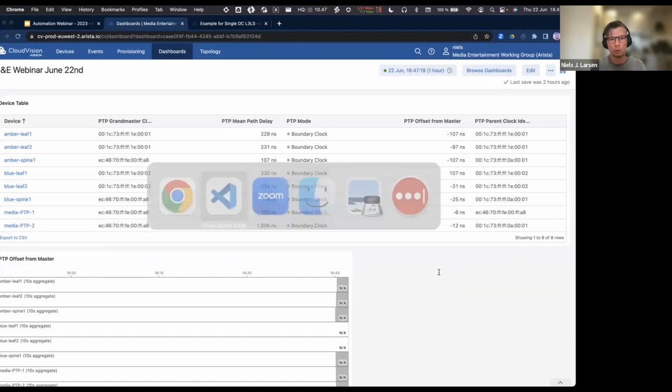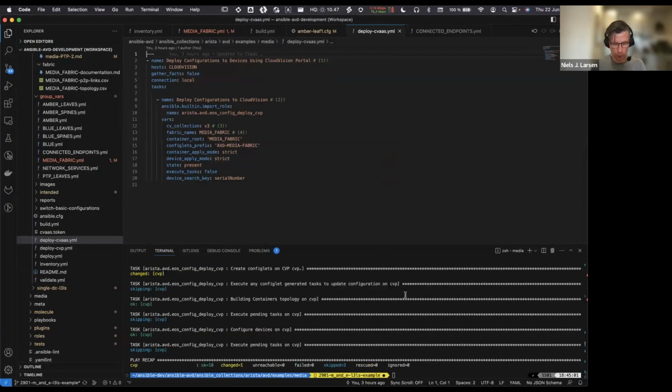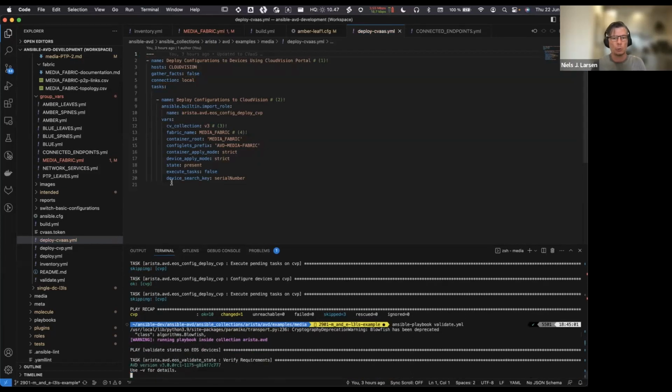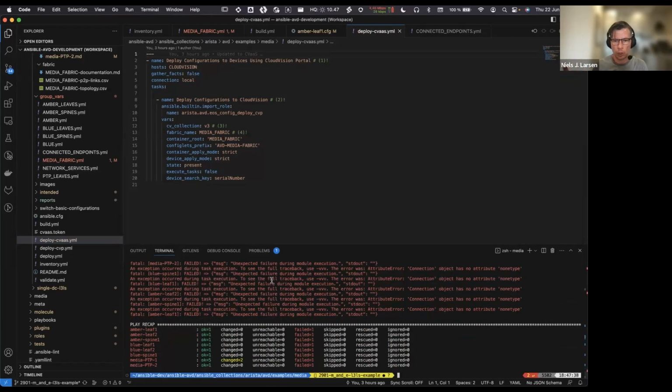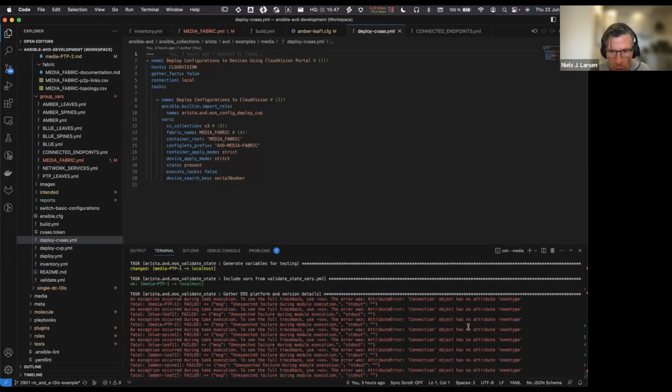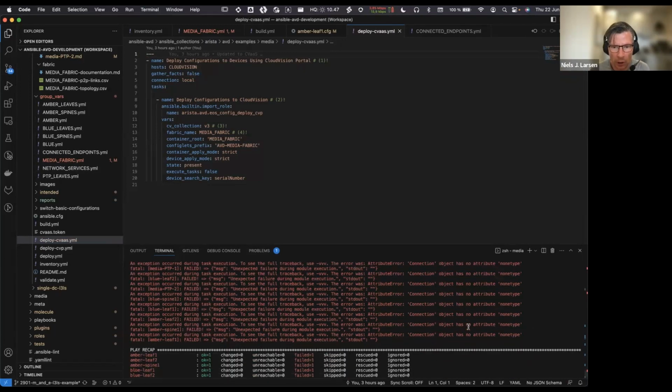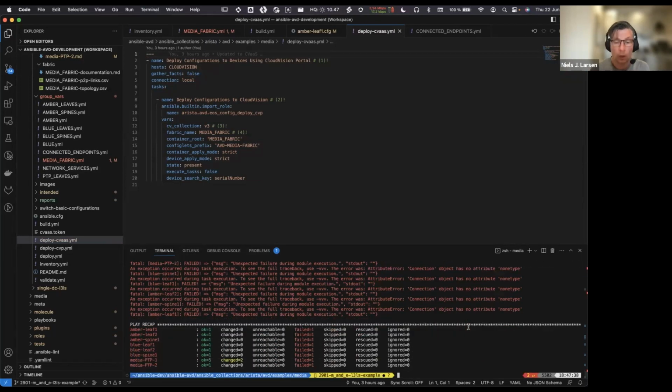And then what we can also do is we can go back and do the post-deployment validation. So we can run another playbook called validate. And what this playbook will do is it will actively inquire. No, it won't. Yeah, I'm out of luck today, I see. What would have happened is that AVD would actively inquire the devices about the actual state. It would use, for example, LLDP to identify any miscabled connectivity.